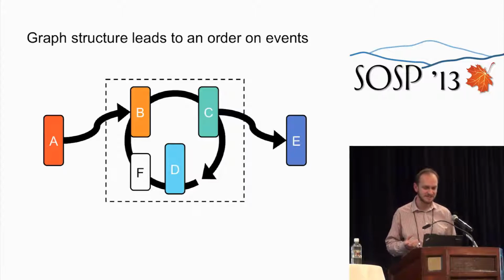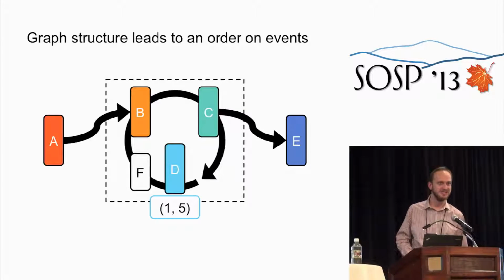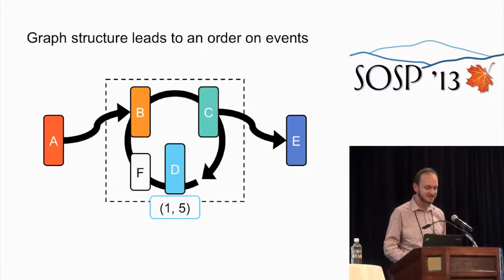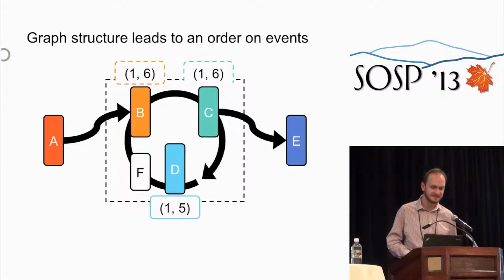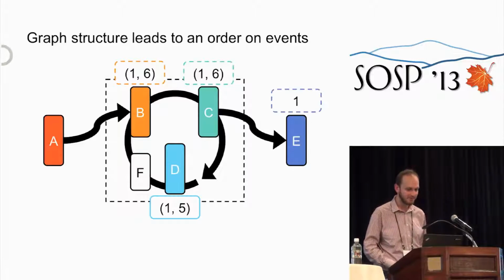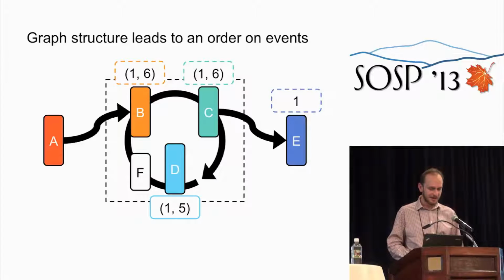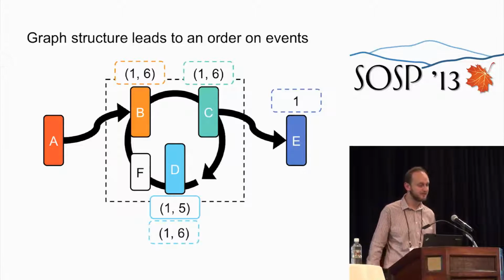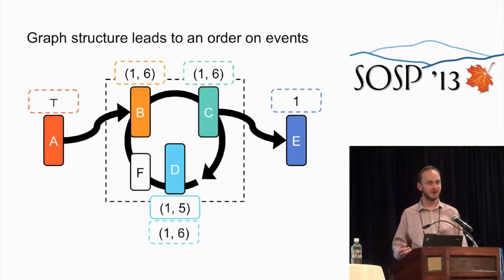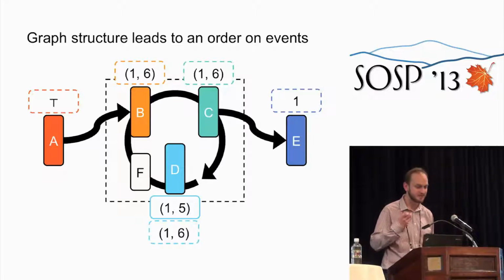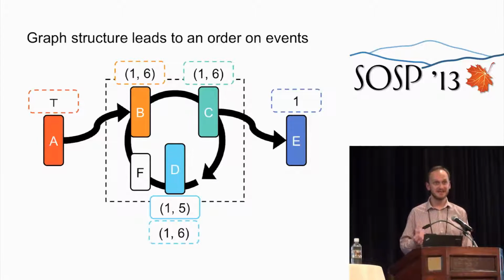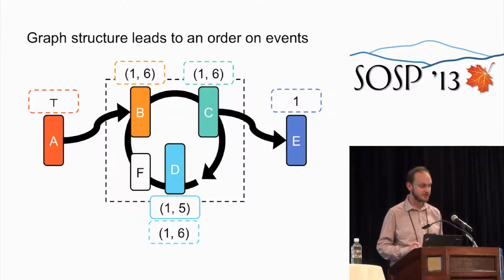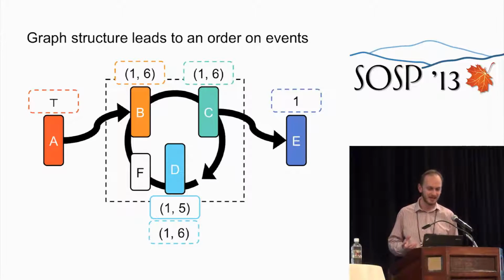But I'll give you the gist, which is that if you have an event, let's say a pending notification for D at time (1,5), this could send a message to B, but it would have to go through the feedback vertex to get time (1,6), and then transitively to C at time (1,6), and E at time 1, after we strip off the loop counter. We also see it can reach D again at (1,6), and it can never reach A, which allows us to pipeline the processing of epochs, because this event does not precede notifications for later epochs at A. So by calculating these times, we can work out which notifications the event D precedes, and this gives us our order on events.